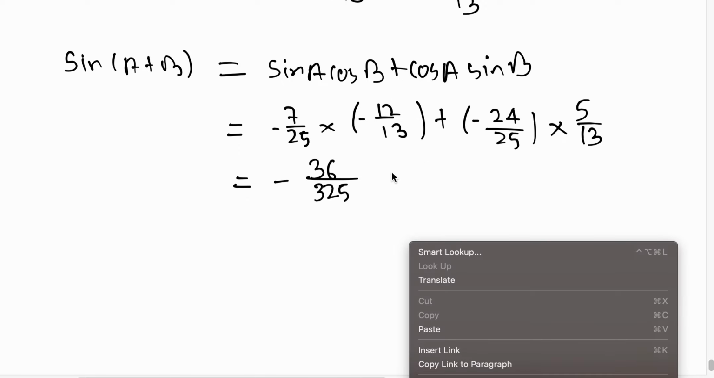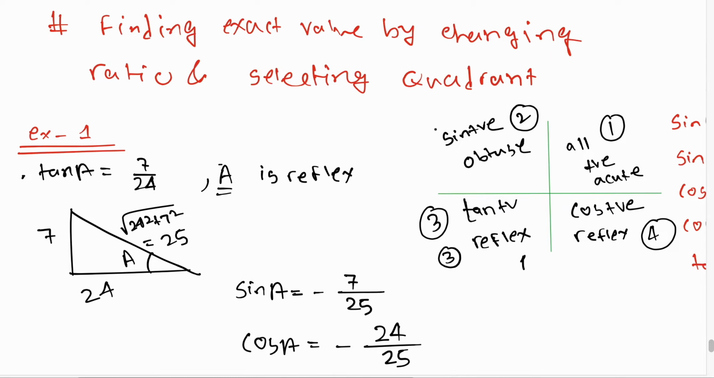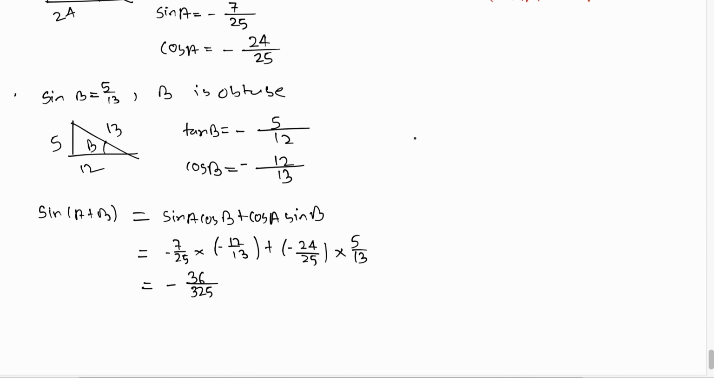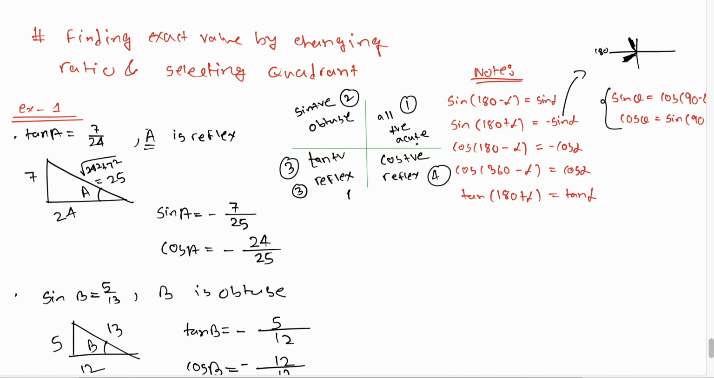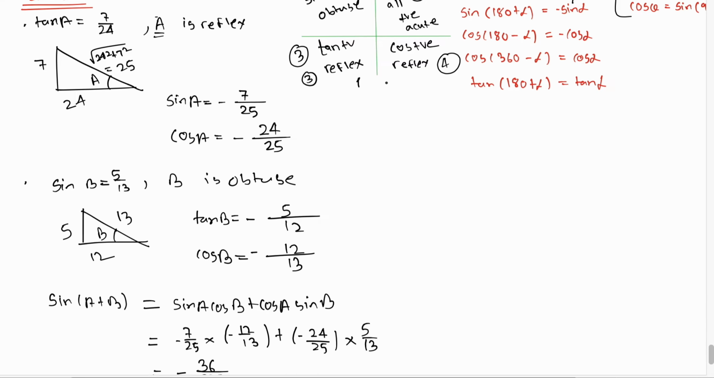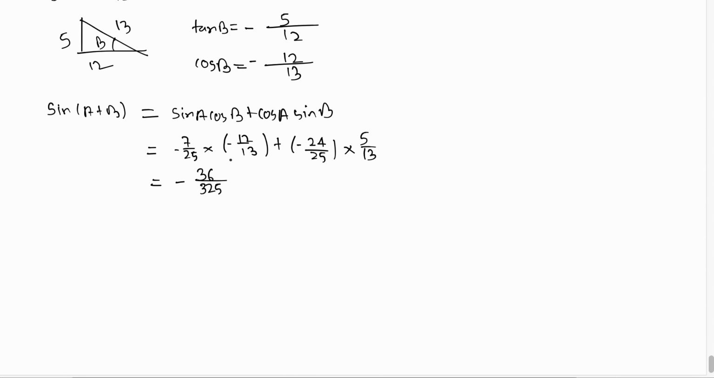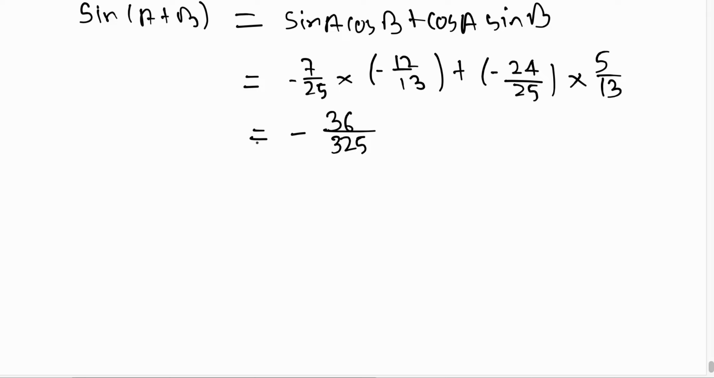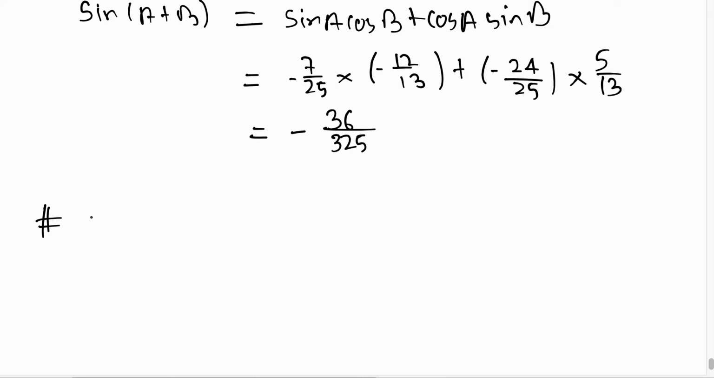This is a full example. Okay, a good one, a good example. I think after this there should be no problem in finding exact values by changing the ratio, whether obtuse, reflex, anything, you can answer it. Okay, now let's go for another theory, which is, if